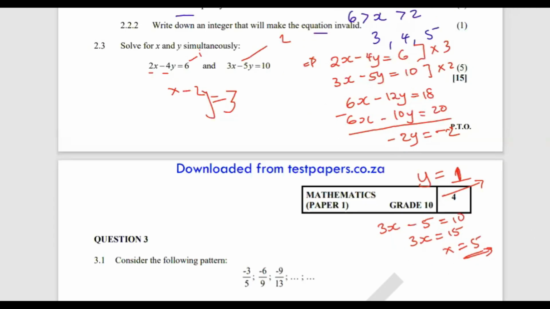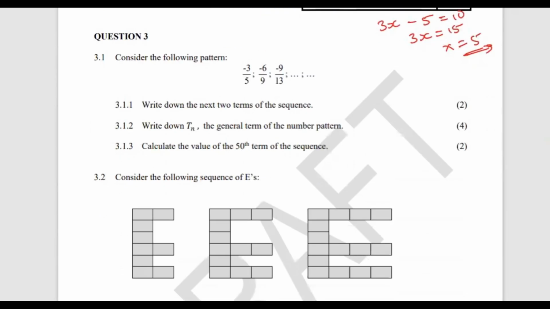Okay. Question number 3, which is the number patterns. There we go, we have the fractions: -3, -6, -9 over 5, 9, 15, and so on. Write down the next 2 terms. So we need to know how the pattern is going. At the top, we are subtracting 3, so subtract 3, subtract 3. So the next one has to be -12. At the bottom, it's like we are adding 4. So over 17. You subtract 3, -15, and then you add the 4, which is 21. So that is our pattern.